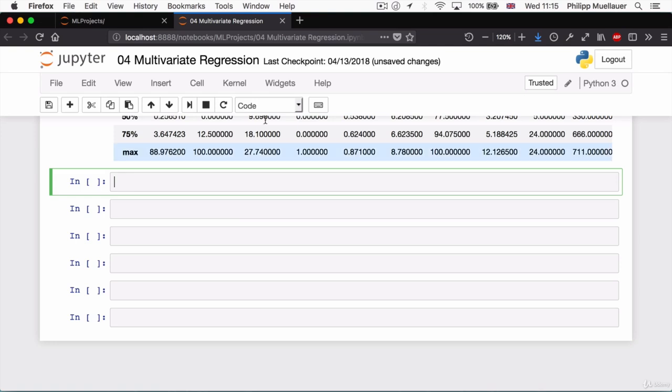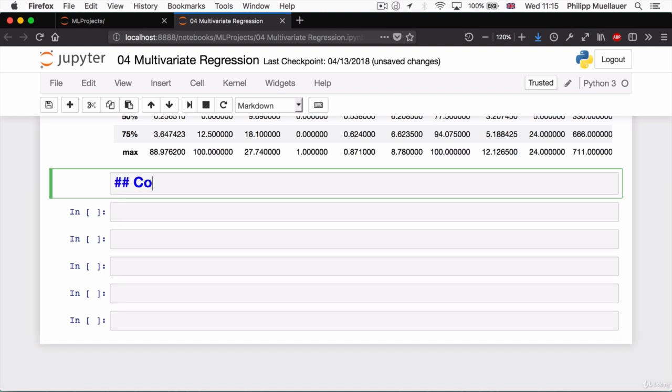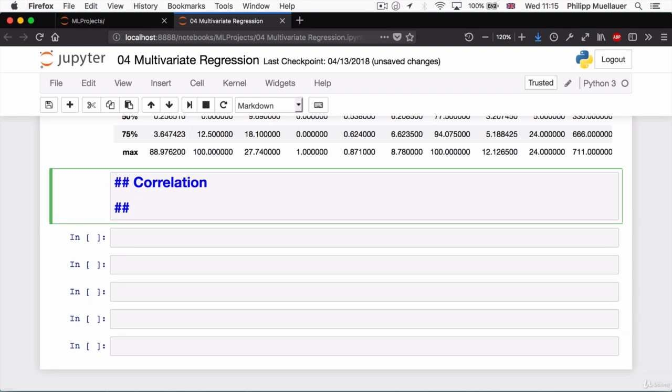First, let's add a markdown cell and some LaTeX notation. So I'm going to change this to markdown, put 2 pound symbols there. Right, Correlation. The LaTeX notation we're going to add looks like this: $, then the Greek symbol rho, then an underscore, open curly brace, XY, closing curly brace, and then equals CORR, parentheses, X comma Y, closing parenthesis, and then